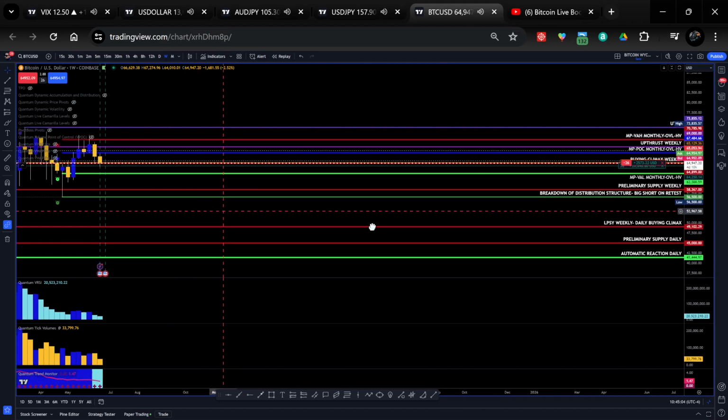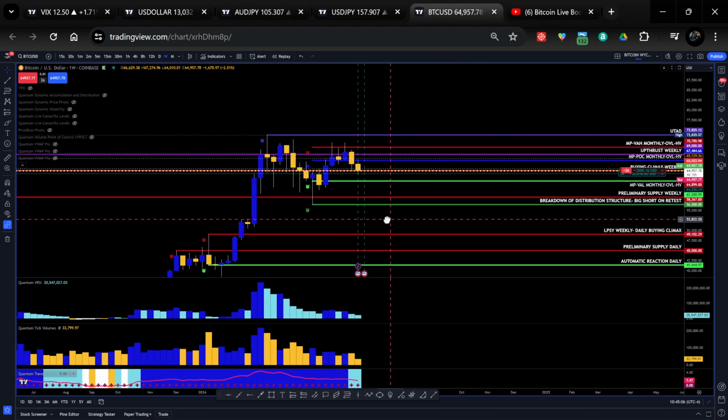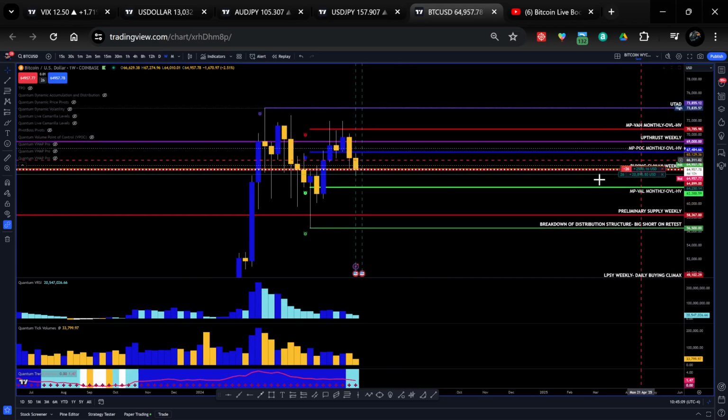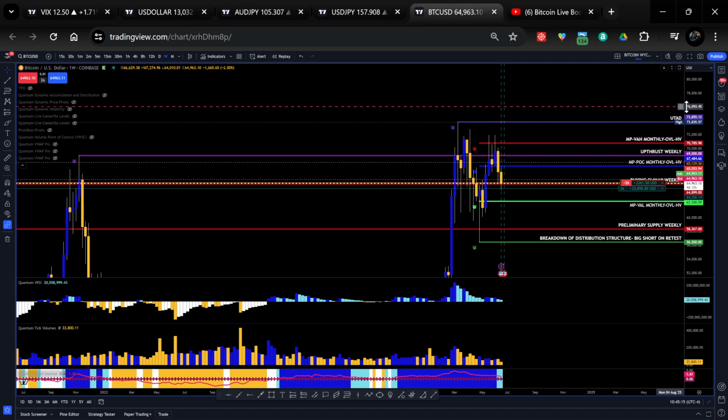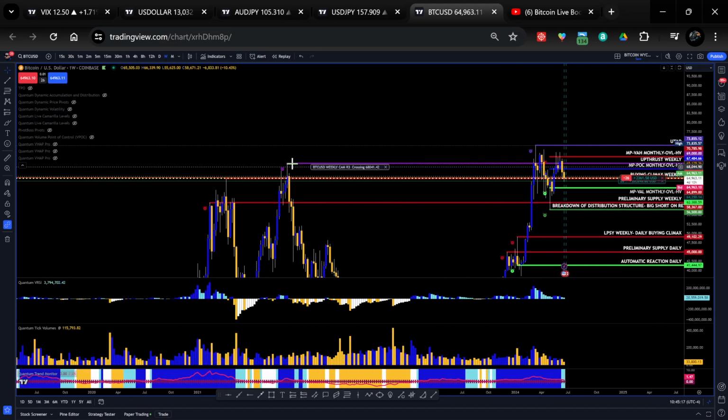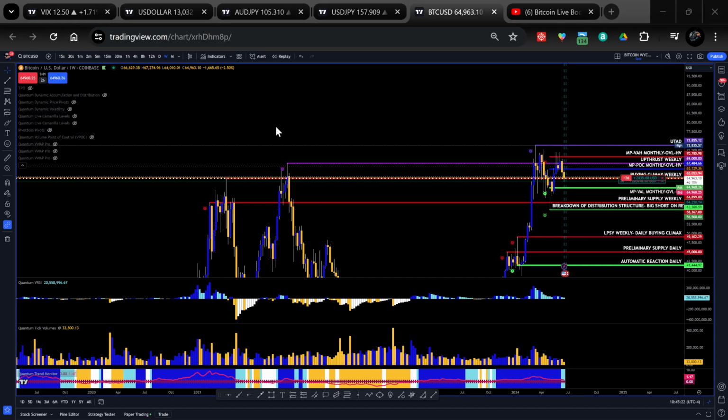Right, so we can see some market profile levels. All right, so right now we're working with an upthrust after distribution. And why is it after distribution? Because we already had an upthrust here at this level. All right, we had an upthrust here, so this is an upthrust after distribution.